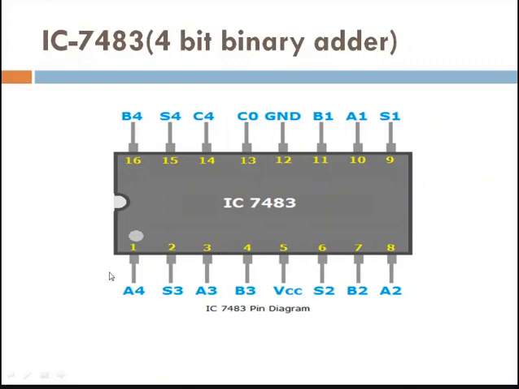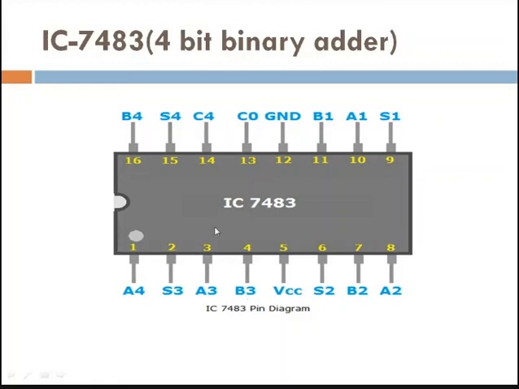It is not in a sequence like A4, A3, A2, A1. There are some input and output combinations given in the pin configuration. Here the first pin is A4, then immediately the second pin is S3, then the third pin is A3 and the fourth pin is B3.